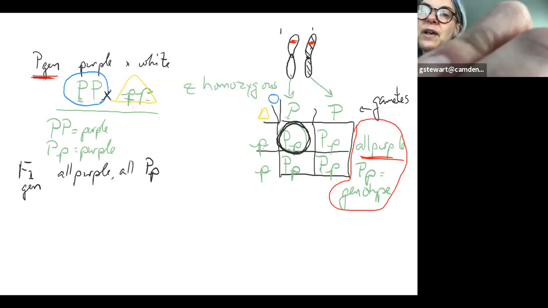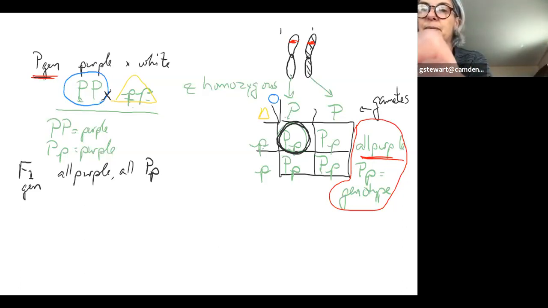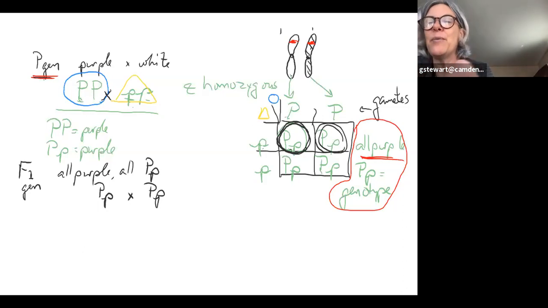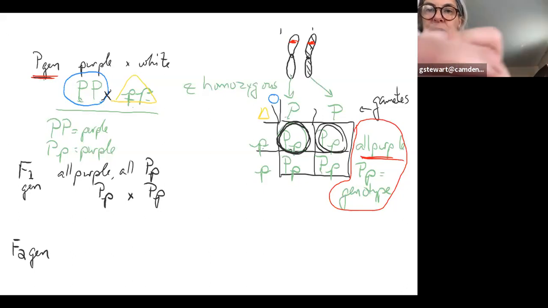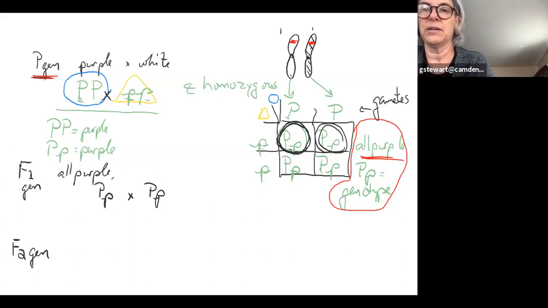So when we let them self-fertilize, that makes it look like this. So this is one F1 crossed with another F1. And that is how we produce the F2 generation, or the F2 offspring, by crossing an F1 with an F1. I should have written that here. Let me erase this part and just put above this. How about that? Let's put above this F1 crossed with F1.